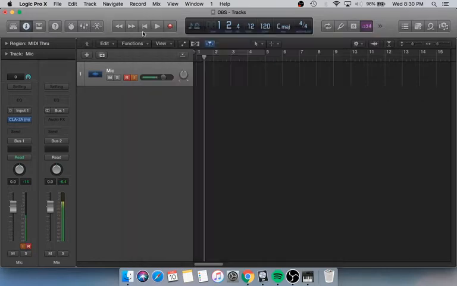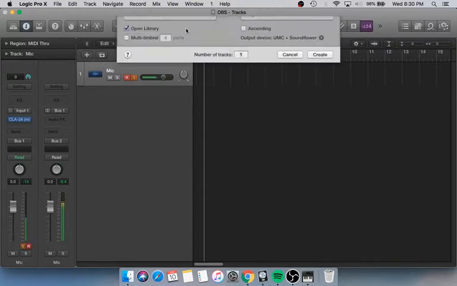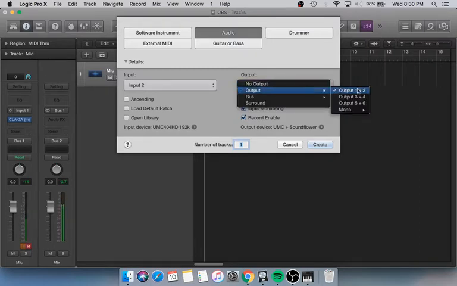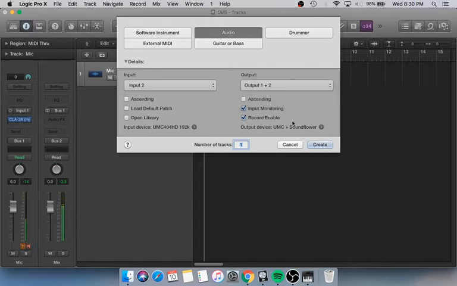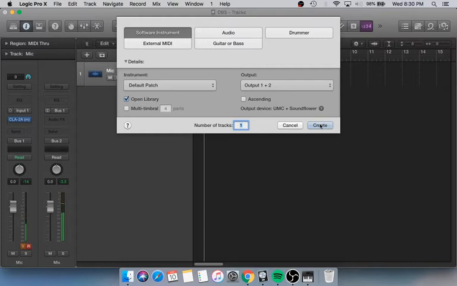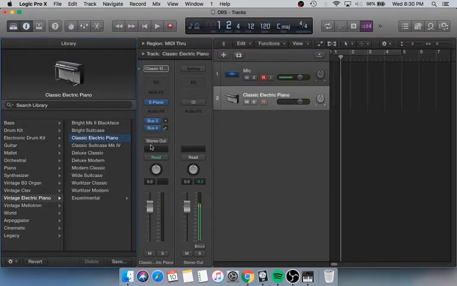The moment we do that, when we try to add a new audio instrument, you can see the output options we have here are 1, 2, 3, 4. These are the outputs in my interface, and the 5, 6 is what we have created through Soundflower. The Soundflower is the output that we're going to use for OBS and for our streaming. That's the virtual output. So let me just create a software instrument for you, and the output is still stereo out. I'm playing it, and I can get the sound, but I'm sure you're not getting the sound for it. That is because we have to do some routing.